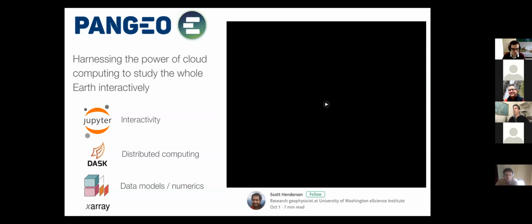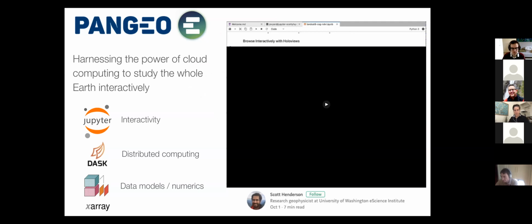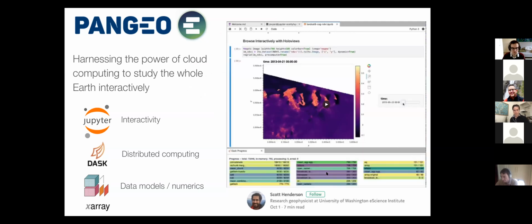Now, Pangeo is a project connected to Jupyter, but that was independently developed by some members of this community who are here today, as well as others that we are connected with. And the idea of Pangeo is to basically deploy these kinds of shared services in the cloud